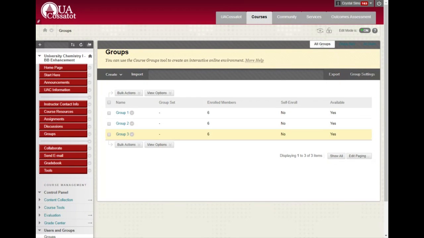I just did 3 groups of 6 each. And so you'll be able to communicate with each other that way. So you'll just use this groups tab over here that I added on your navigation bar. If you get in there and it's not working, you're not able to see your group, please let me know,